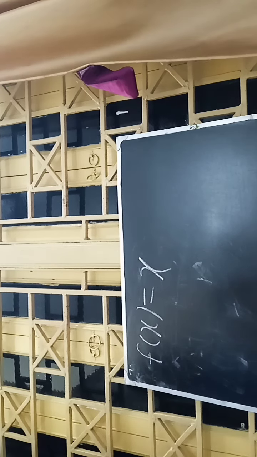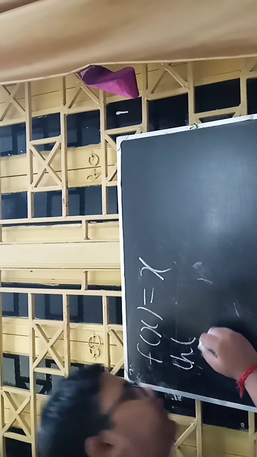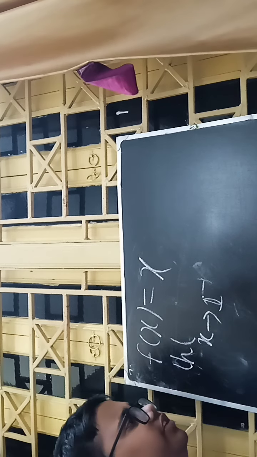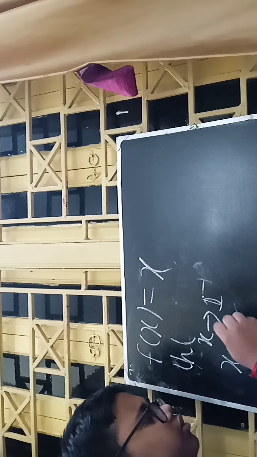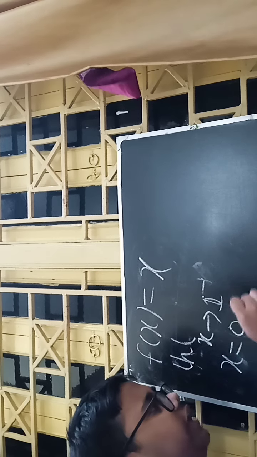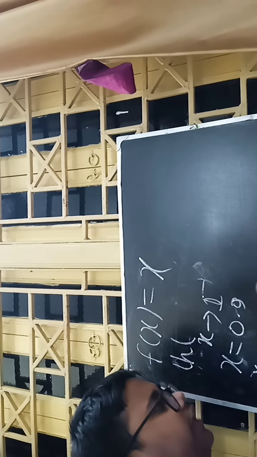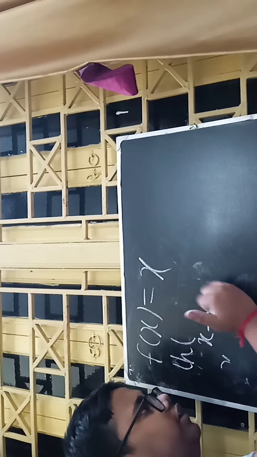So for its LHL, let's say x tends to 1 minus, that means x is less than 1. So x could be at 0.9, then x could be at 0.9999, like this. Now for RHL, which we use